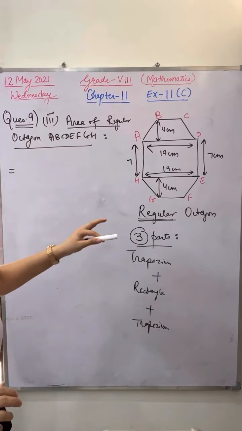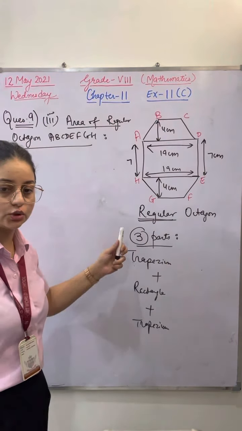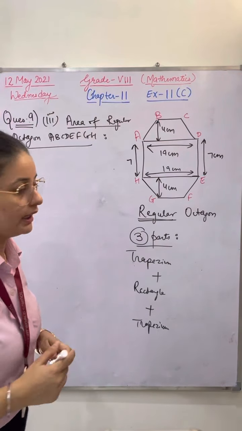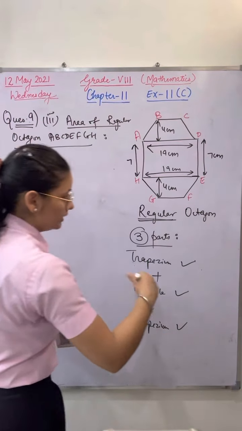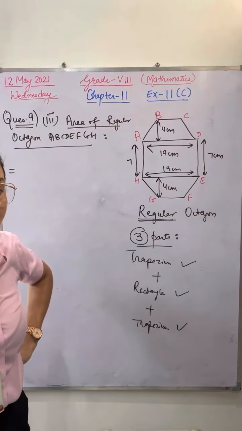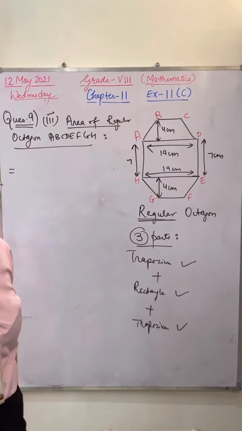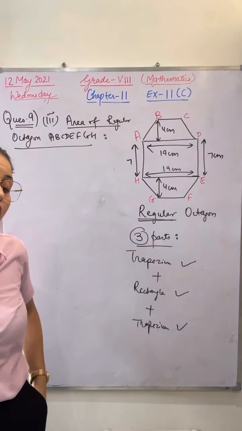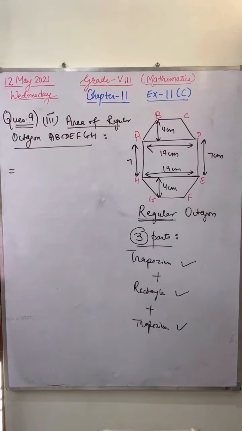Very good. Now everyone, please tell me the answer quickly. Take out the area of this trapezium, area of rectangle, area of this second trapezium. Quickly, and tell me the answer. For this trapezium, see what will be B1, B2 and what will be the height. Take out the answer quickly. This was yesterday's homework, and it is very, very easy. I'm giving you a minute.